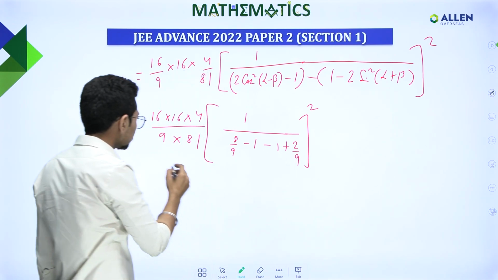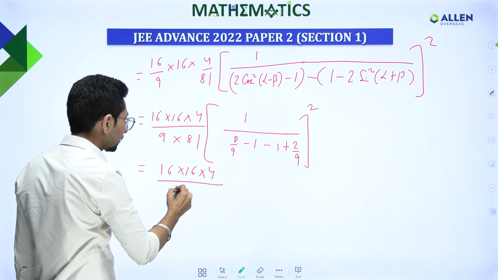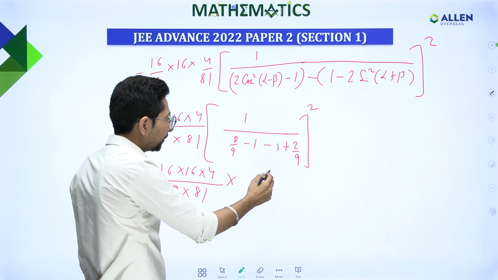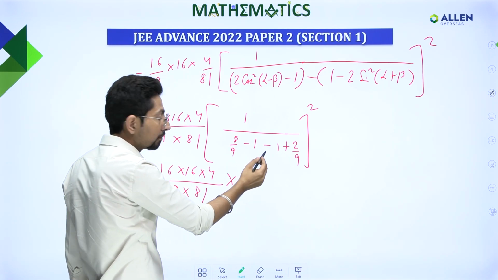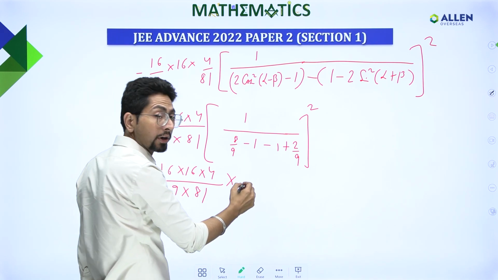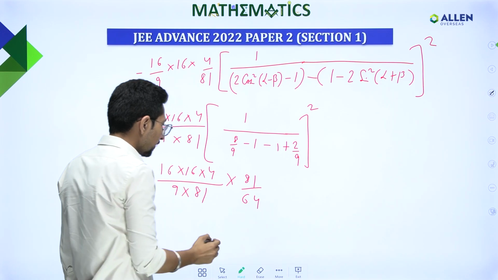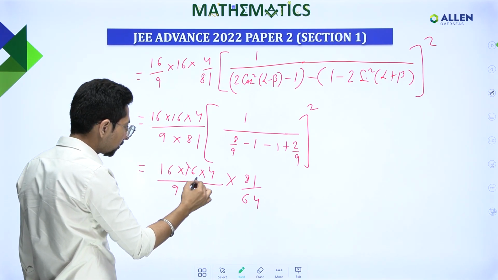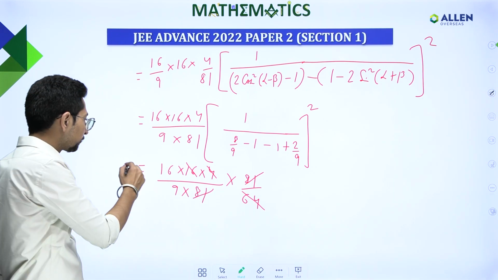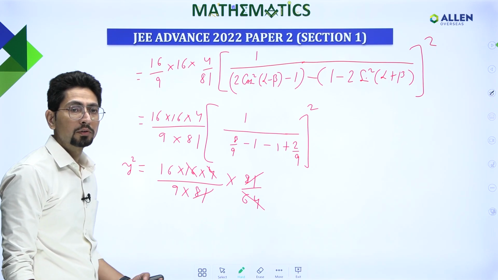This whole square is coming out to be, see, on taking LCM, this will be 8 plus 2, 10, 10 minus 18, that is minus 8 by 9. So this will be 9 by 8 in the numerator. So 9 by 8 whole square, right? So 64 can be cancelled out, that is 16 into 4, and 81 can be cancelled out, this is 16 by 9. This was your y square, and it has been asking you about the greatest integer value,